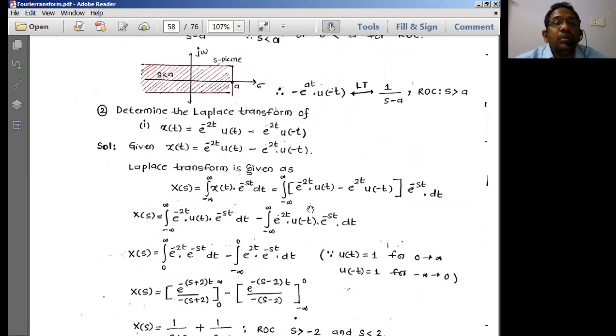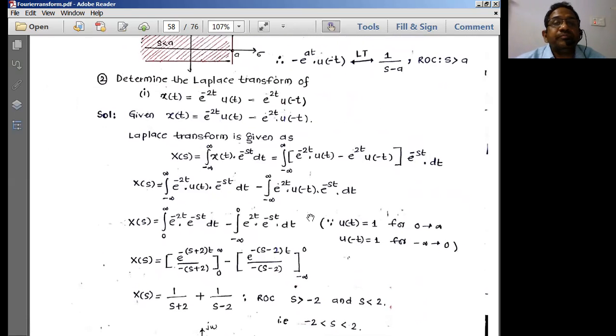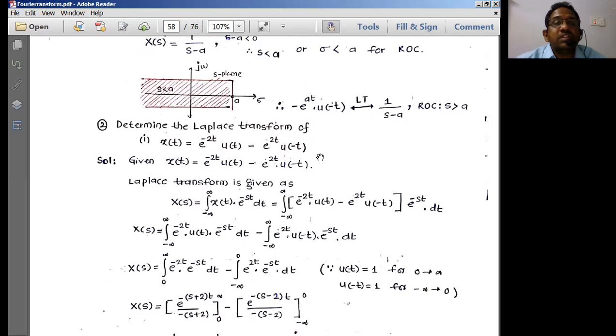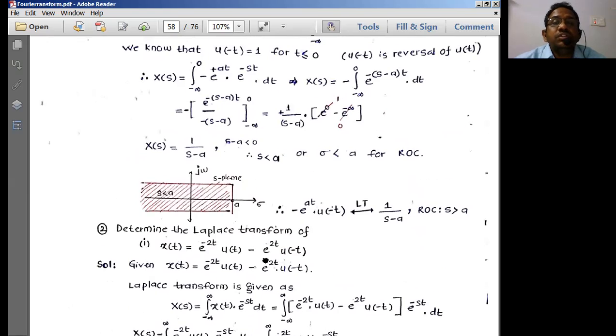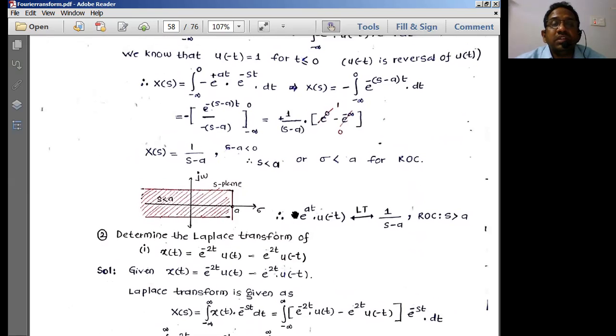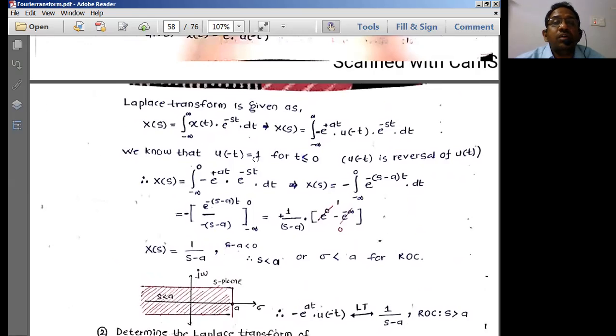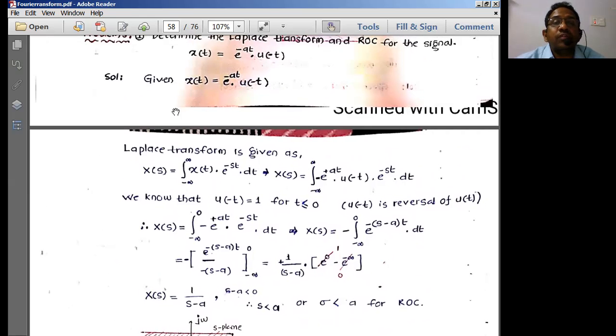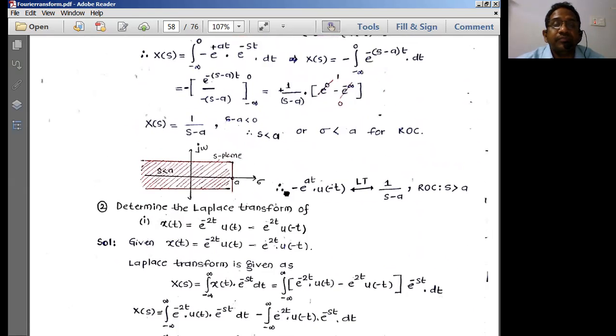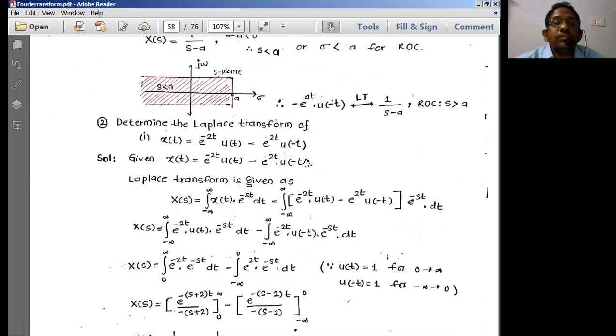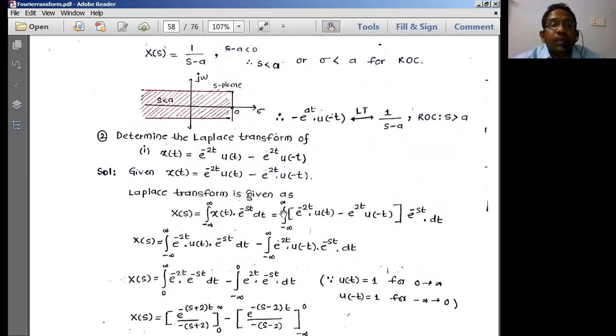Let us go into another expression here. Now some other equation has been given to us. Determine the Laplace transform of x of t is equal to e power... See, you have to be careful about these signs here. Just now I have misinterpreted here, and the minus of e here has been misplaced. Therefore a lot of confusion took place here. So just to avoid all these confusions, we can be careful about what it is that we are really doing here.